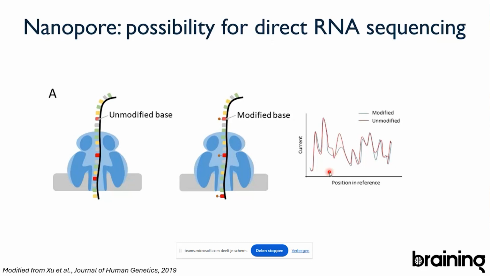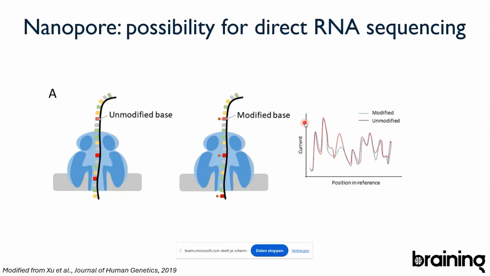So where PacBio, since it's working with the DNA polymerase, you can only use DNA or copy DNA there. However, nanopore works with the disturbance of the current. So what you can do is you can directly take your RNA and you can put it on the pore without making DNA first. And since you are using your original RNA, it means that you keep your original modifications, which you can read out.